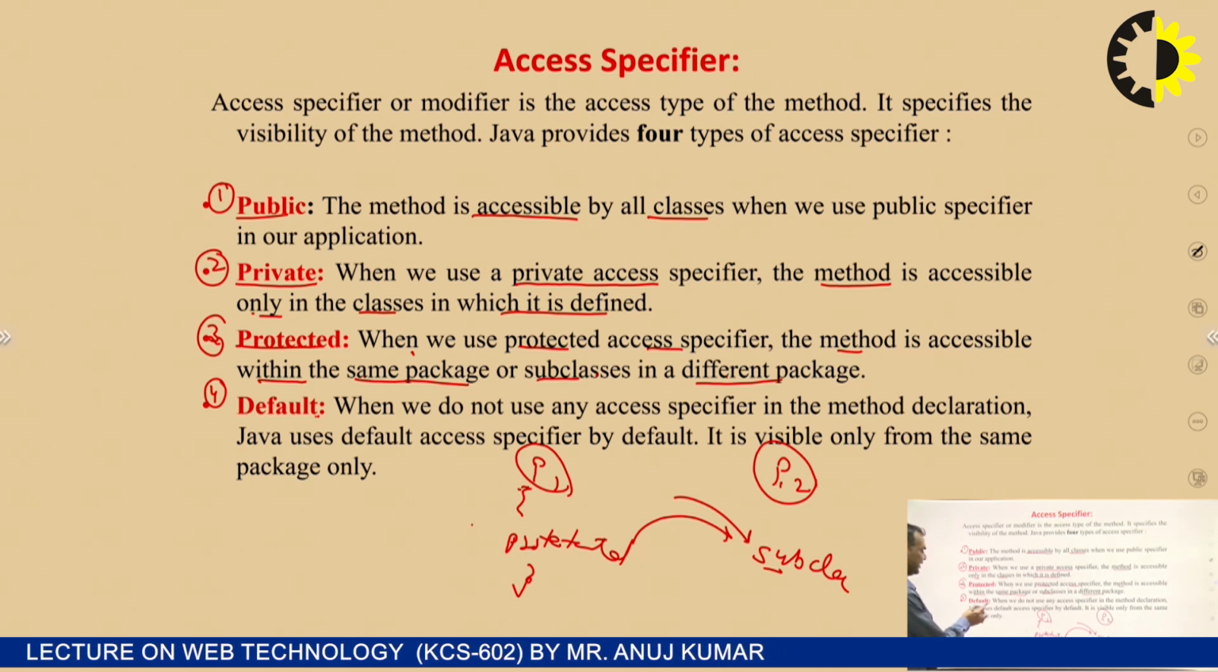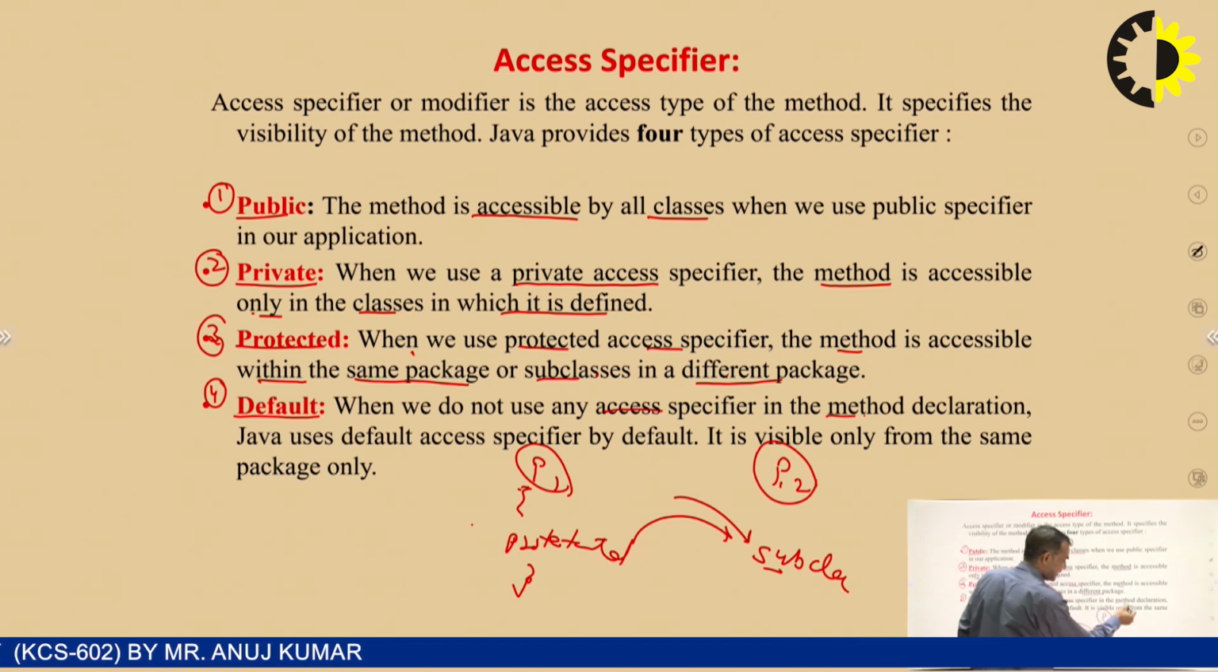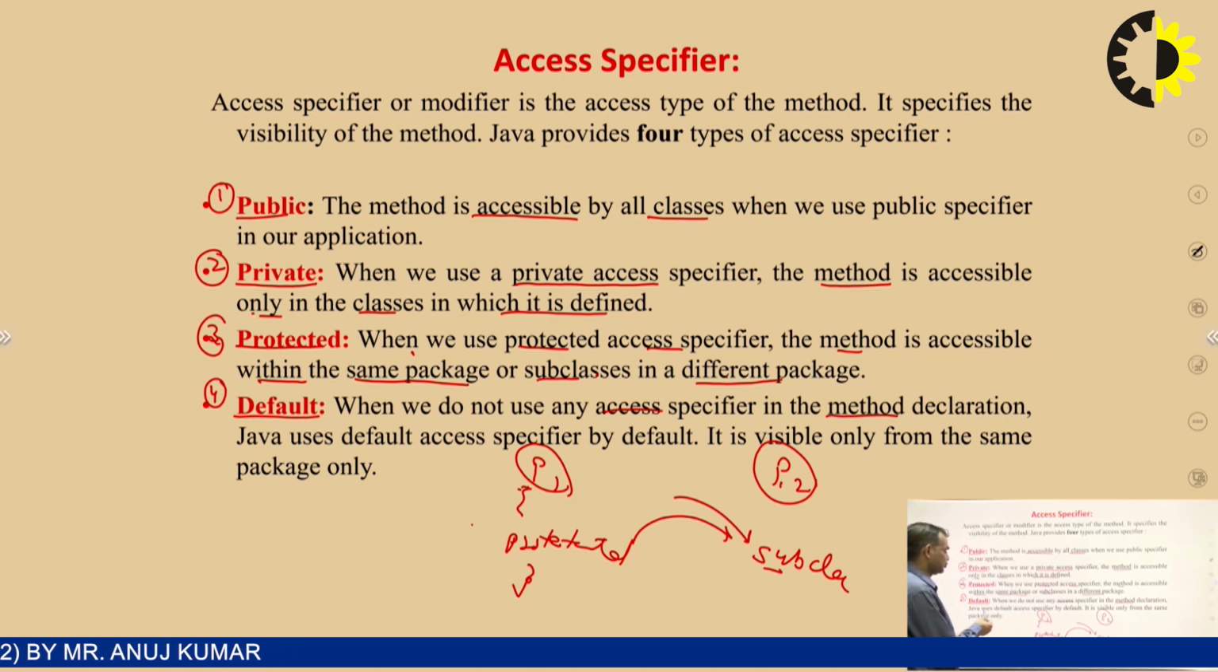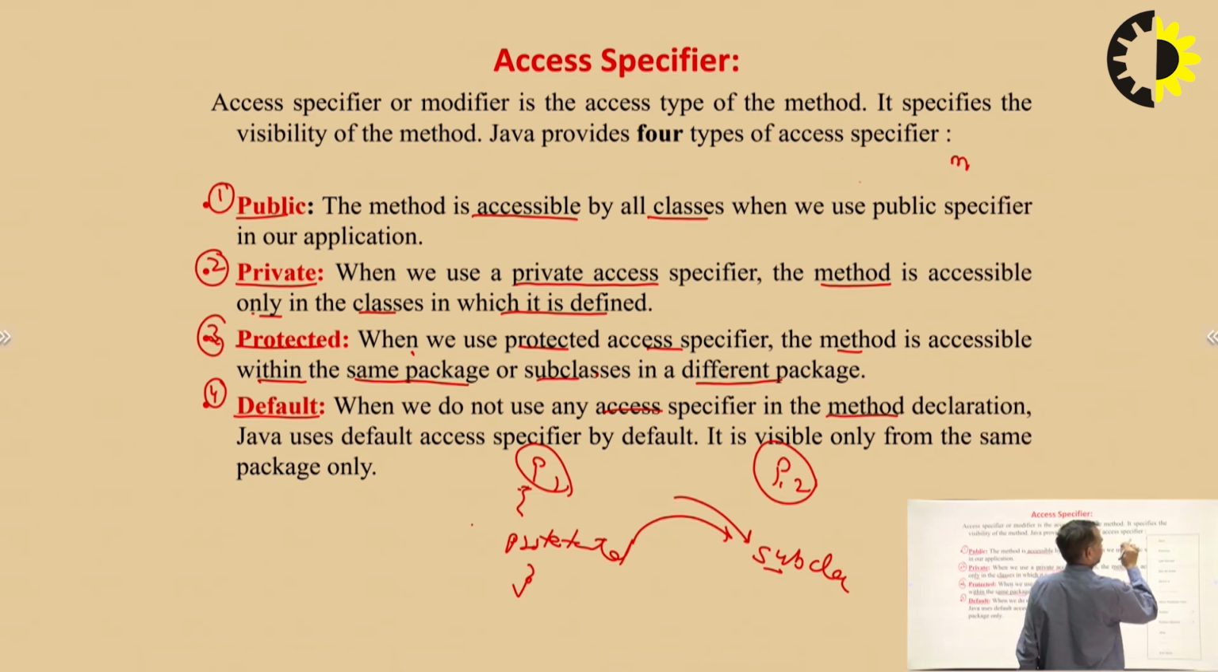Next one, that is the default. Means when we do not use any access specifier inside the method declaration, Java uses the default access specifier. Means now we declared a method here, and we talk about a method declared